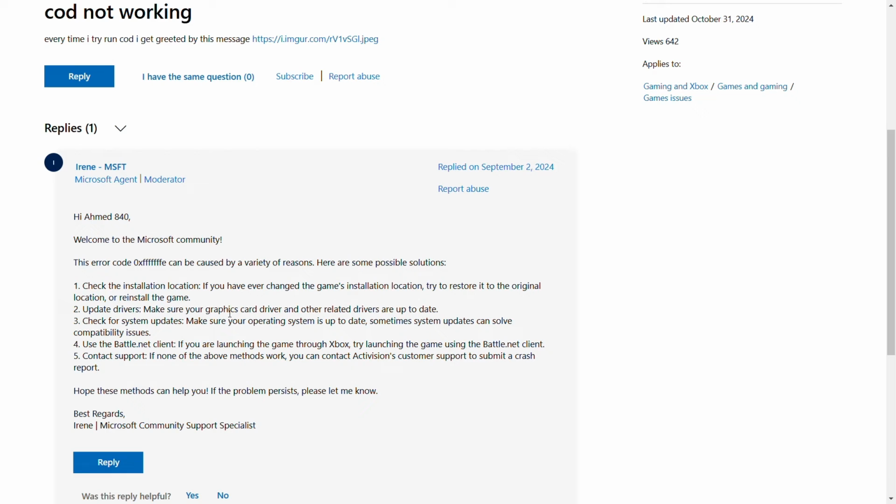And if any of these steps don't work, then your last resort will be contacting support. You will contact Activision's customer support to submit a crash report. And they will get to you. You will basically tell them your entire reason and what you're facing. They'll get to you and they'll tell you the proper solution to this. They'll check it from their end as well, if this is an issue from their end, and they will help